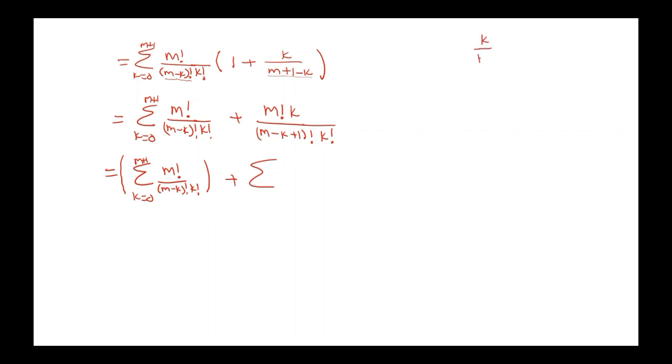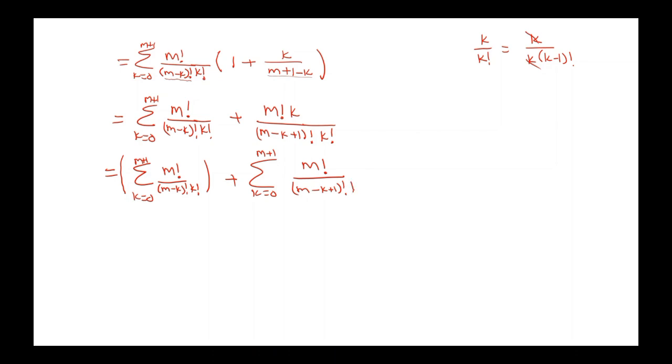Notice that k over k factorial is basically the same as k over k times k minus 1 factorial. So you are left with 1 over k minus 1 factorial. So you can just transform that one to that. So you have the sum from k equals 0 to m plus 1, and then you basically have m factorial divided by m minus k plus 1 factorial